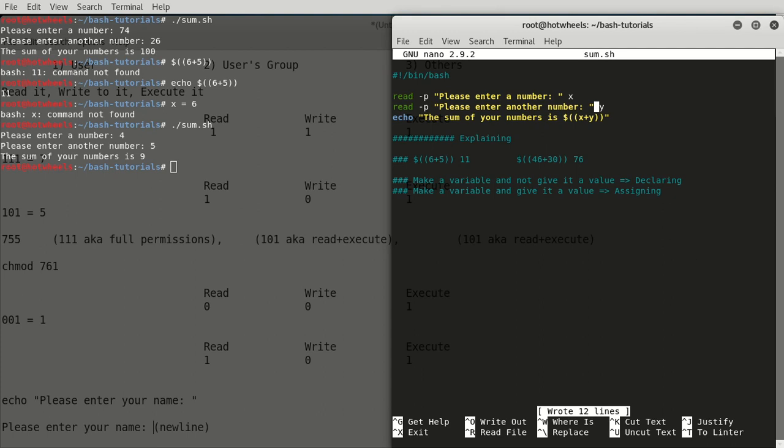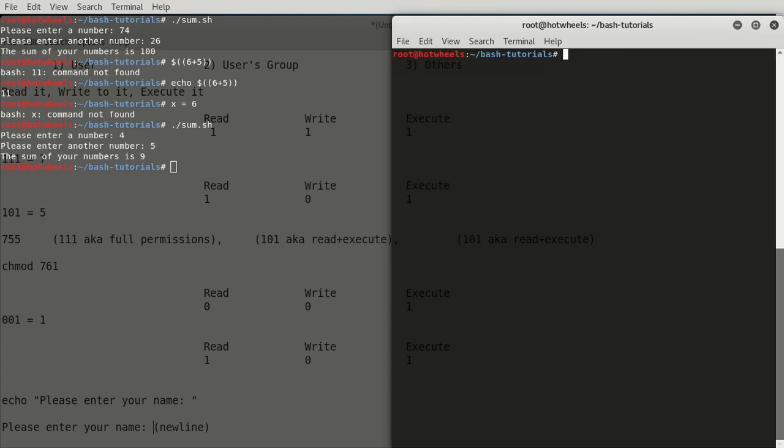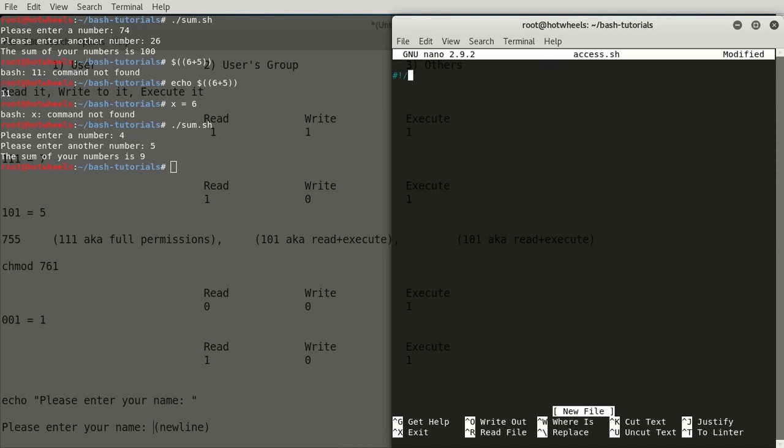Now let's go to a more interesting, more powerful example using branching, and we'll name this nano access.sh. Put the shebang here, and now let's use read -p, please enter a password, and after you read, assign that to the password variable. And if the password, remember, you're using the dollar sign to designate variables, if password is equal to awesome,